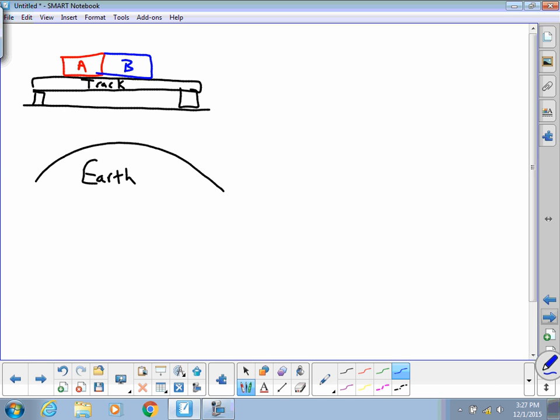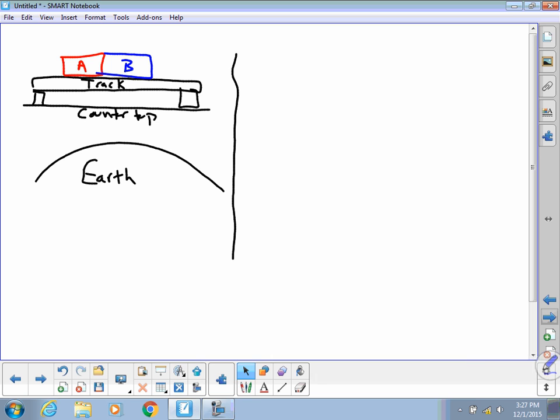Second example I decided to take from our comparing forces activity. We have carts A and B connected to each other. We have the track sitting on the table, or we'll call it the counter top this time, and then of course we still have the earth. So let's do an interaction diagram for this. Let's color code it. We'll have A, we'll have B,